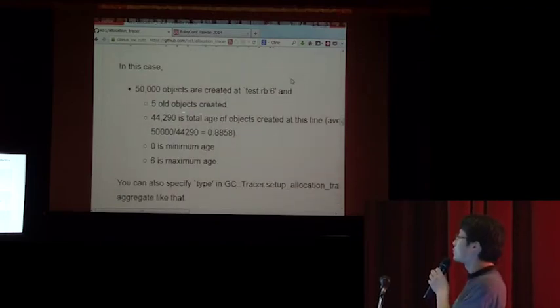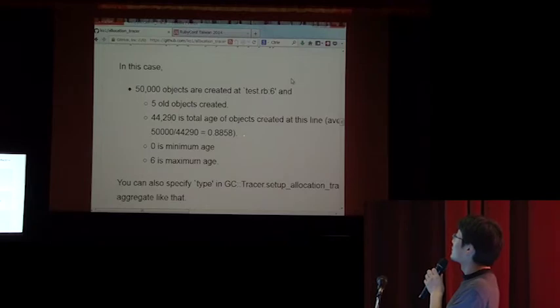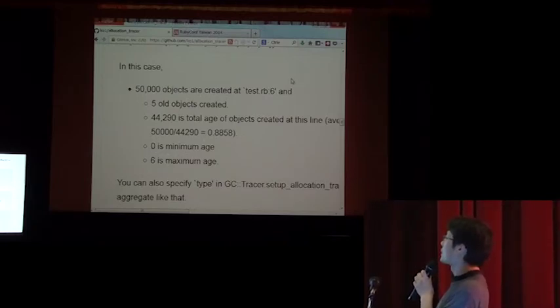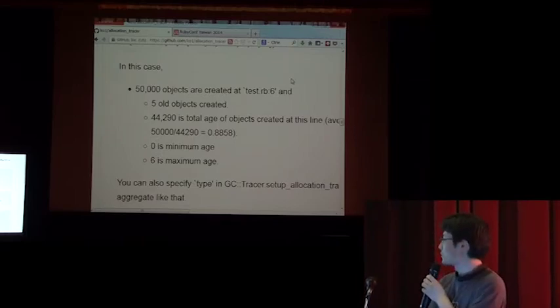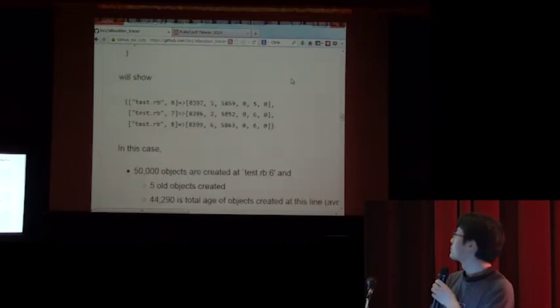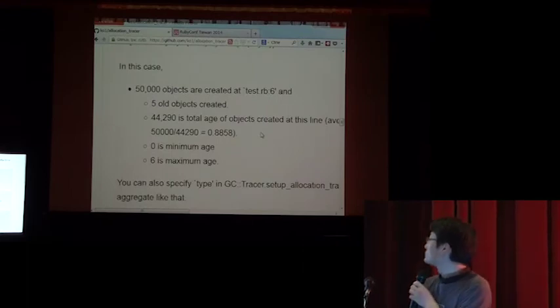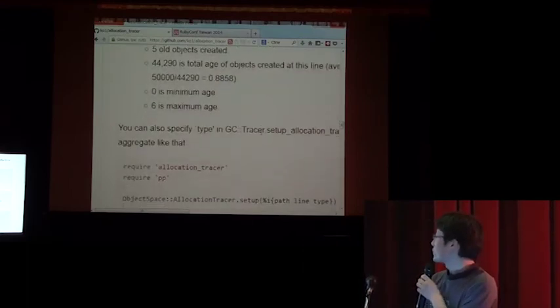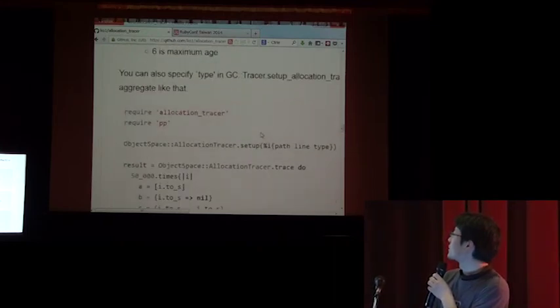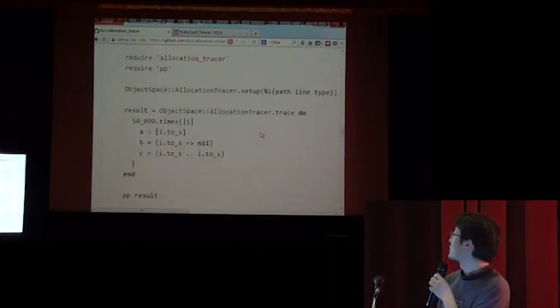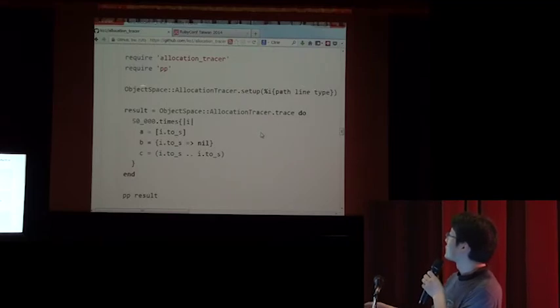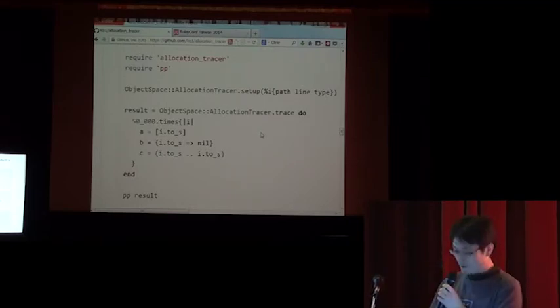I have old objects, and there is a minimum age of 0 and 6 is the maximum age. It refers to different data. Sorry, this is a documentation bug. And you can also specify the type in this method. I add this line, so we can see the